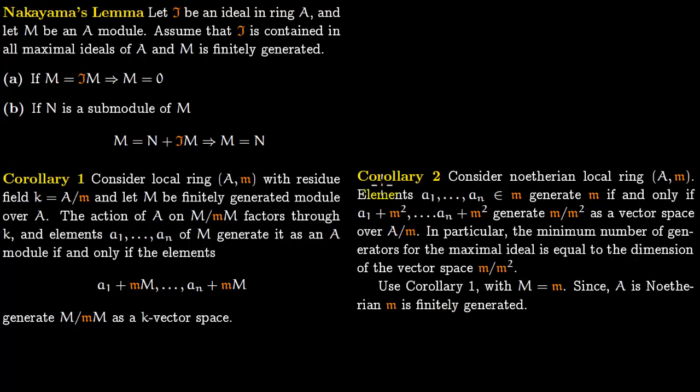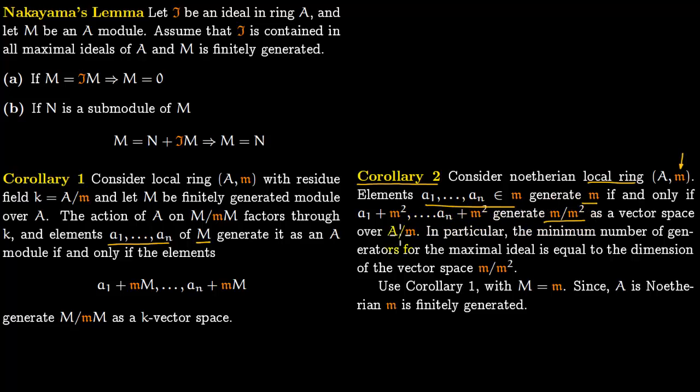So now we discuss another corollary. This corollary gets used while discussing differentials or tangent space in algebraic geometry. So consider a Noetherian ring, and this is a local ring. So the ring is A, and since it's a local ring, it has a unique maximal ideal m. So a1, a2 all the way to an lying in m generate m. It's the same way, this a1 to an of M, now we are writing just the module m, they generate m if and only if this a1 plus m square all the way to an plus m square generate this